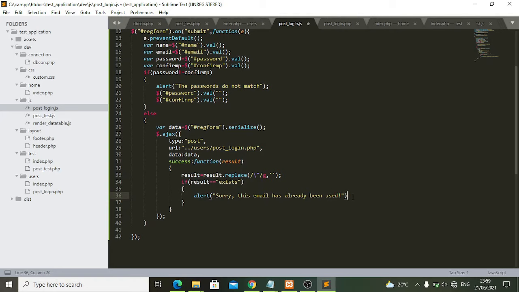That is if it exists. Else, we can just copy this to make our work easier. So else